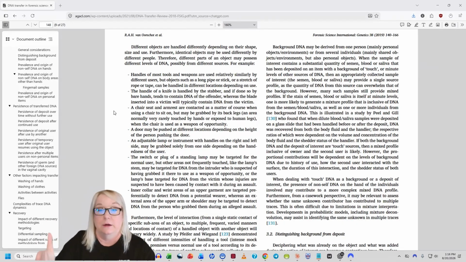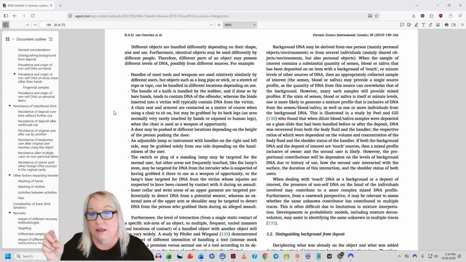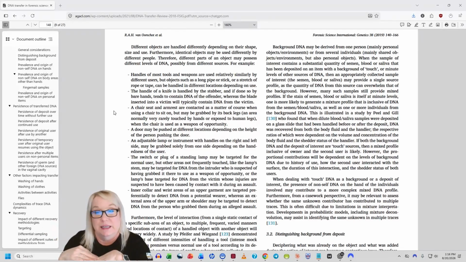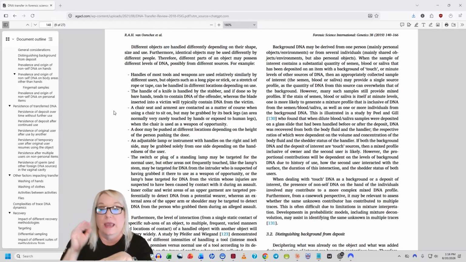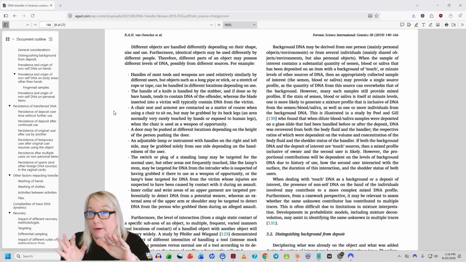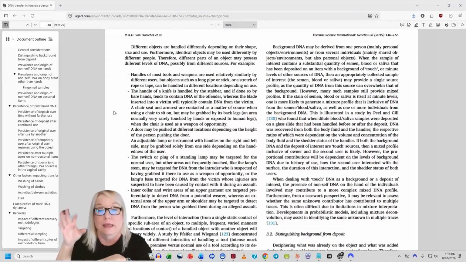But let's say here that the burglar leaves some ketchup on the coffee table. The burglar drips ketchup on the coffee table. They're saying here that when the sample of interest, which would be our burglar's ketchup, contains a substantial quantity, if it gets deposited on the item, which would be our coffee table, an appropriately collected sample may provide a single source profile. As the quantity of the ketchup, the DNA in the ketchup, can overwhelm that of the